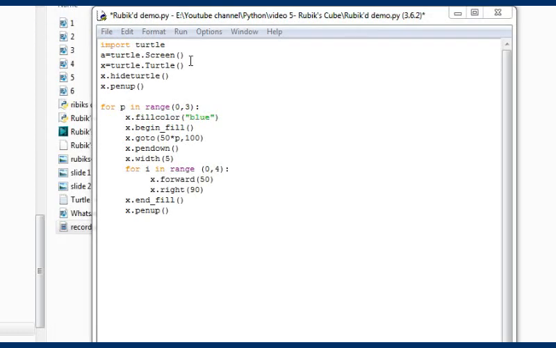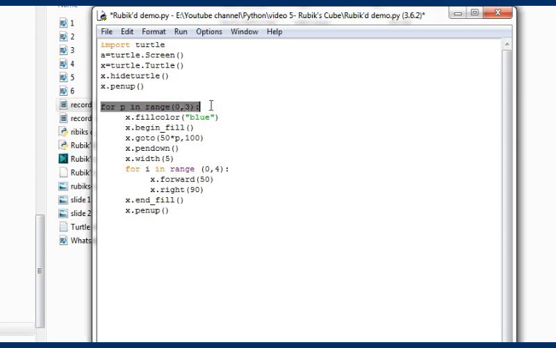Now we have to create the square 3 times for the first row. So I use the for loop. I use the fillcolor function and pass the color name to fill the drawn squares with the selected color. Here it is blue. We must call begin_fill and then start drawing using turtle functions. Once you're done with the drawing, call the end_fill function to fill the drawn figure with the selected color.